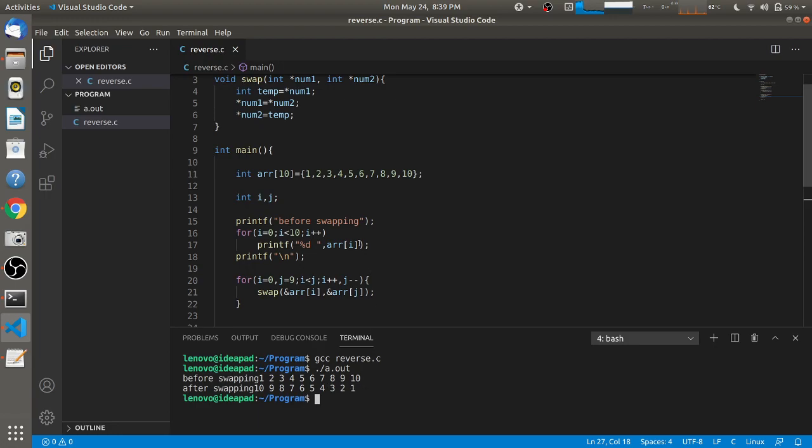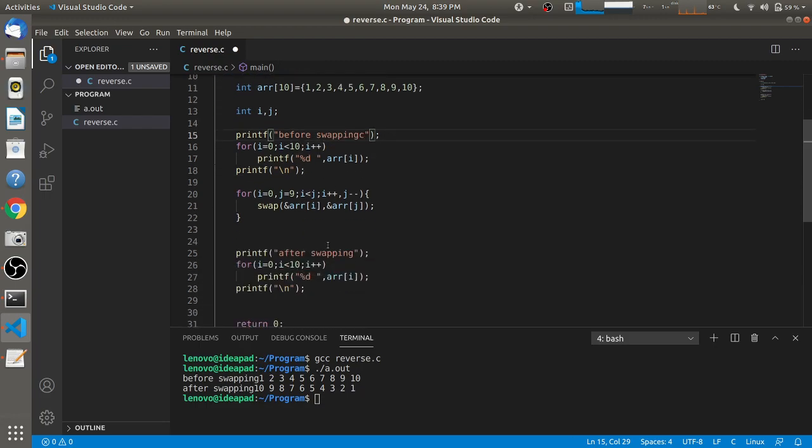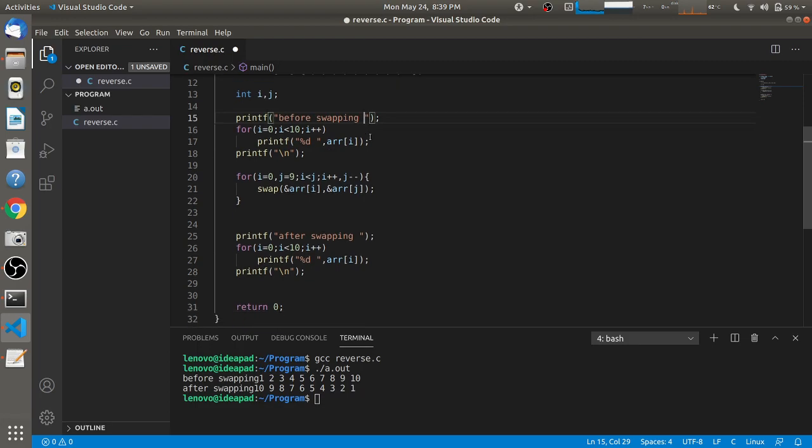3 2 1. So as you have seen that array is reversed using this swap function, the same swap function which we have used to swap two variables. So in this way you